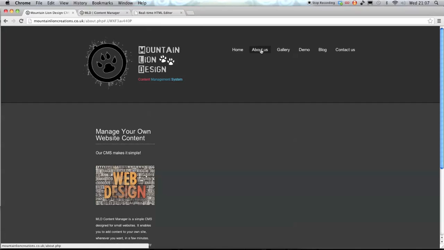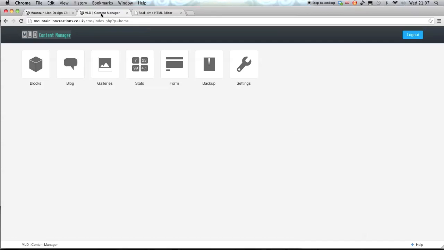can see in the menu bar we've got an About Us page, which is what we're on, and this is at the moment completely blank. So what we're going to be doing is we're going to be entering some text to this web page using our content editor. Okay, so let's go back to the content editor, and we're going to click on the blocks